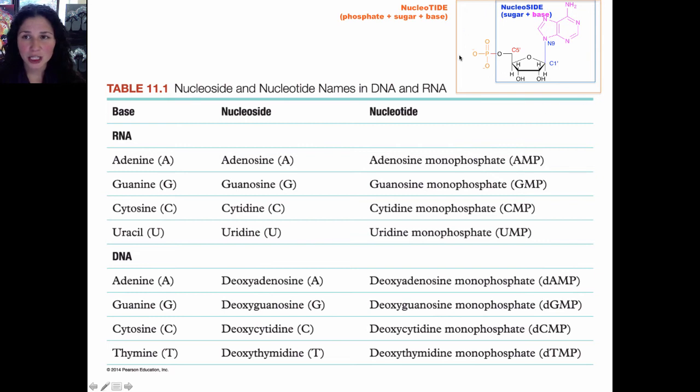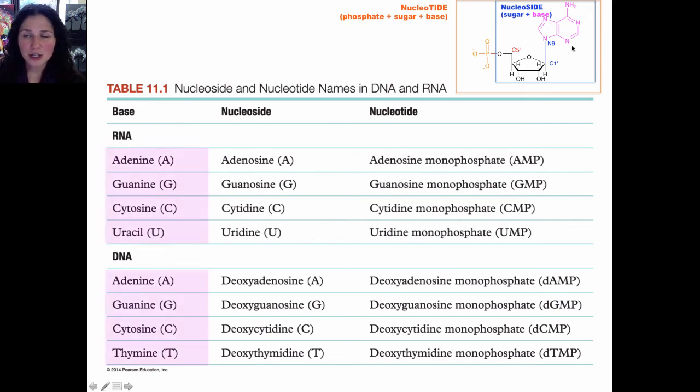Here I've put the structure again for you. This is table 11.1 in your textbook. The bases in RNA are adenine, guanine, cytosine, and uracil. And the bases in DNA are almost the same, except instead of uracil, you have thymine. The base is this